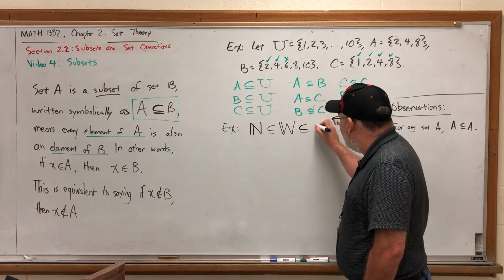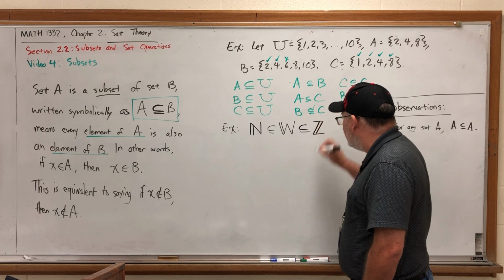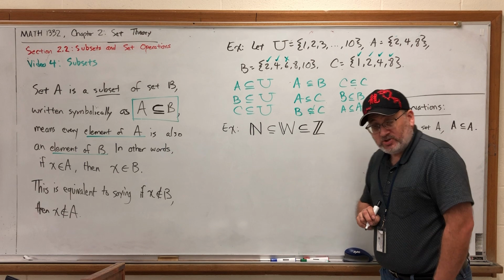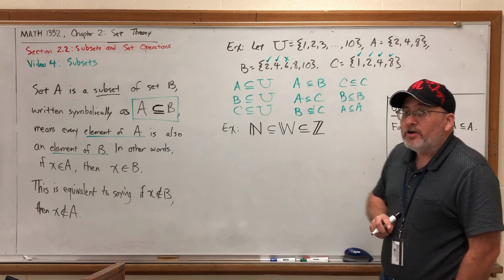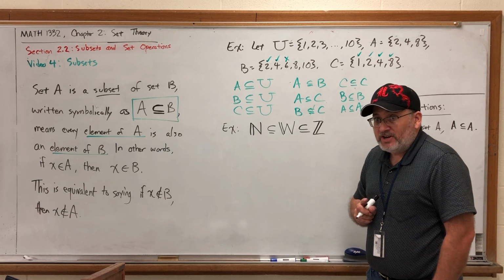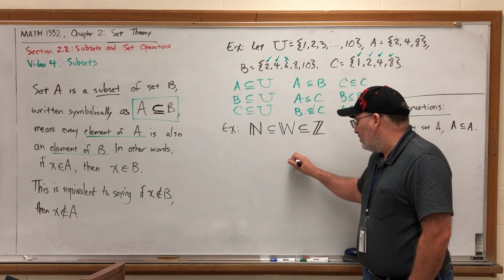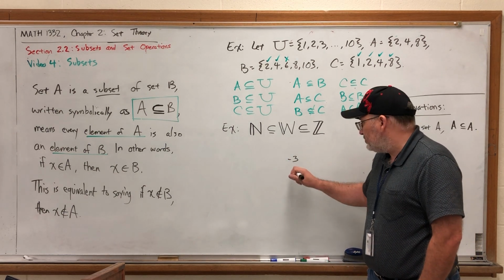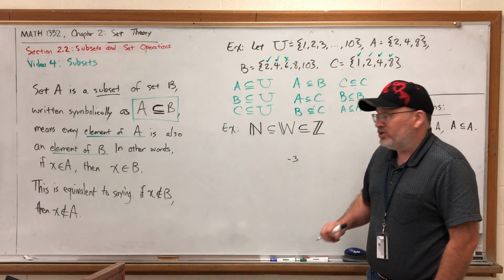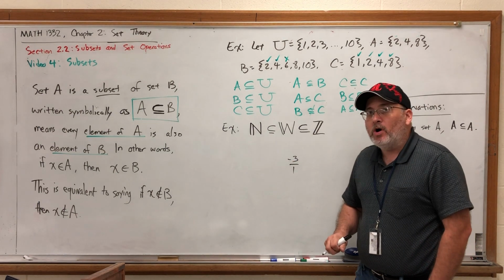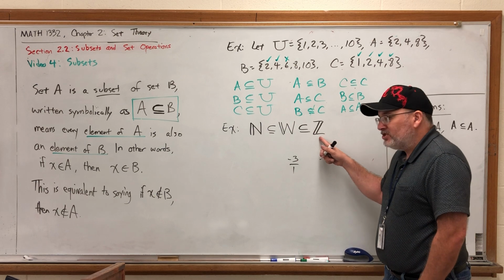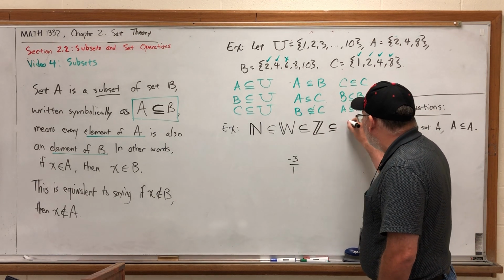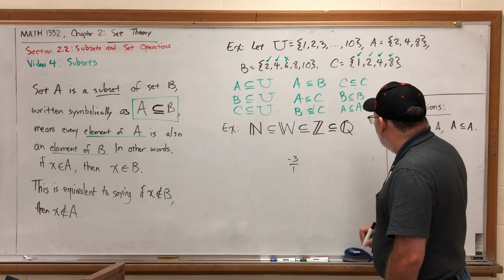Yes, which means the whole numbers are a subset of the integers. And the next set of numbers were the rational numbers, the fractions. But remember, every integer is also a rational number because every integer, like -3, can be written as the ratio of whole numbers, ratio of integers, by simply putting it over a 1, meaning that every integer is a rational number, which means Z is a subset of Q.